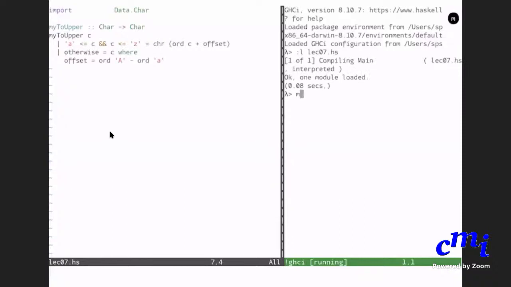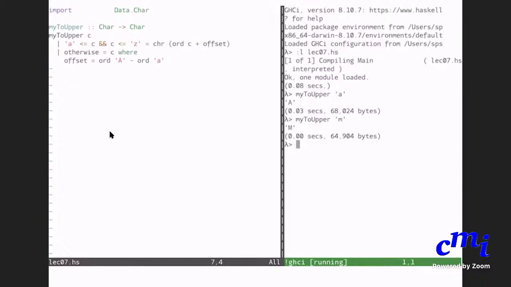Okay, so now my toUpper of small a gives capital A, my toUpper of small m will give me capital M, etc. As somebody is mentioning, offset is the ASCII gap between small letters and capital letters. Offset is just the name of a variable.